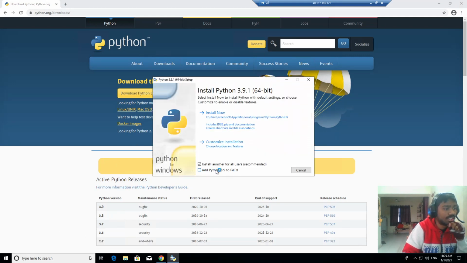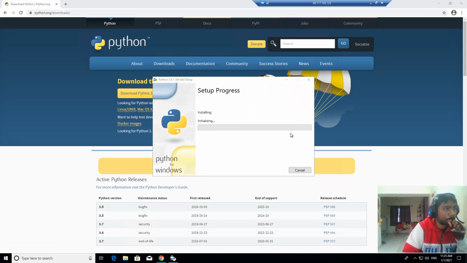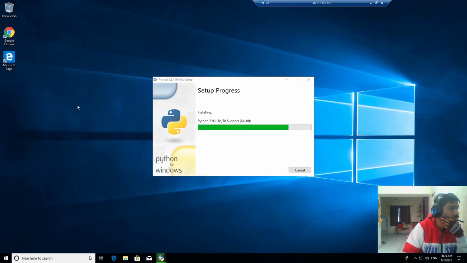Just check "Add Python 3.9 to PATH" and click on install. Let's do something else while this installs Python on my desktop.